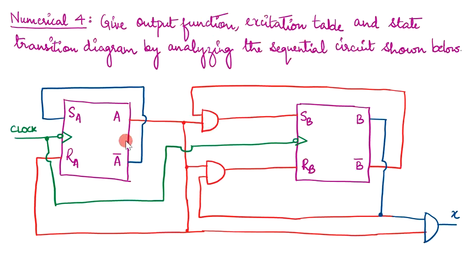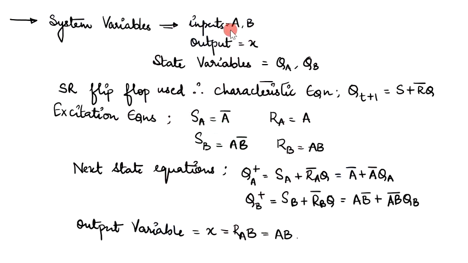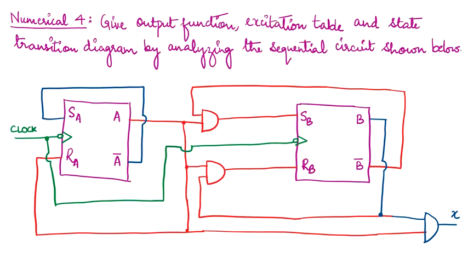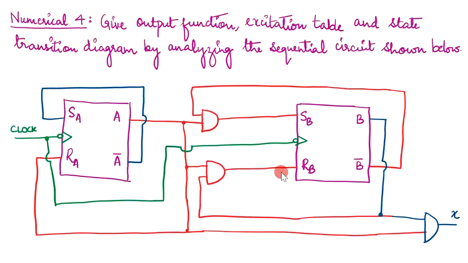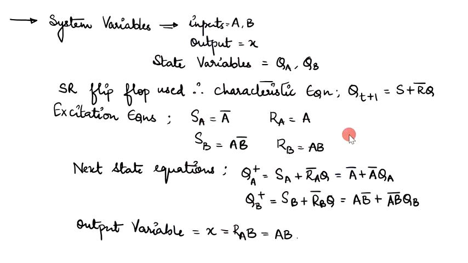So if you see here, inputs are A and B, and the output is X. So inputs are A comma B and output is X, and because you have two flip-flops, we are going to consider the state variables as QA and QB. Clearly this is an SR flip-flop, so we need to know the characteristic equation of the SR flip-flop. So Q(t+1) is equal to S plus R bar Q, and excitation equations have to be